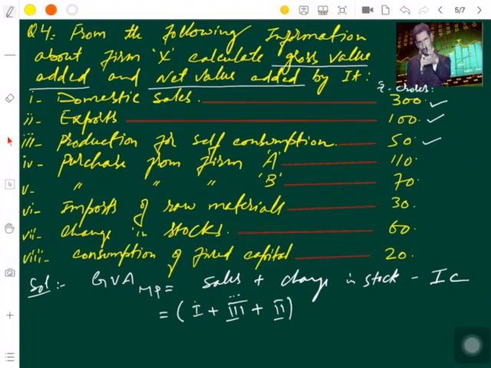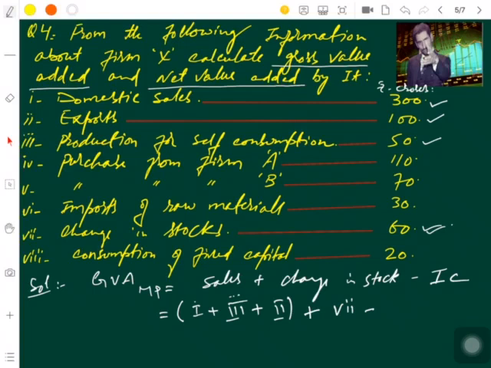Okay. Plus there is one more thing which is important to be taken into consideration: change in stock. Now change in stock has been given as it is, so we will put it as it is,